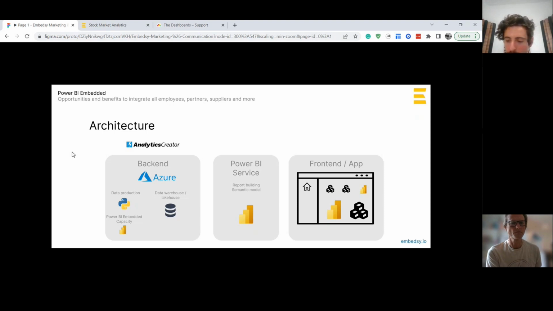Your customers spend more time on it because if they have good analytics, they don't need to go onto another platform to analyze their data. And like I say in this subtitle, embedded analytics opens up the possibility to gain insights for everyone.